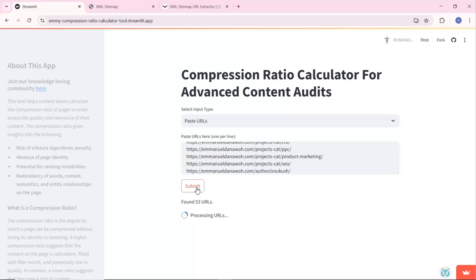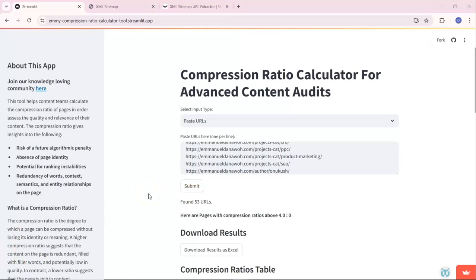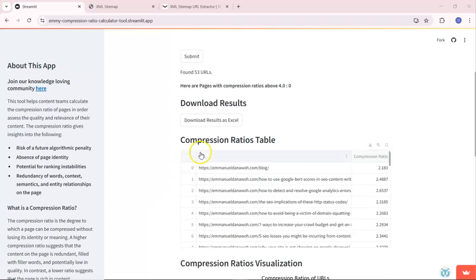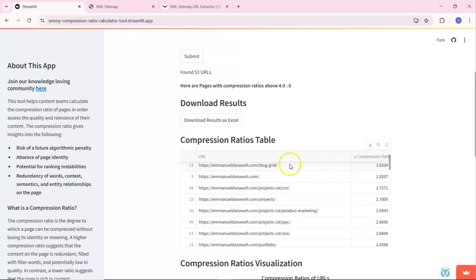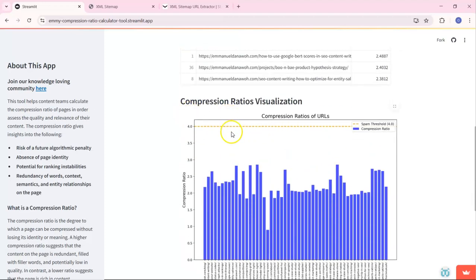It's going to process the URLs and give you a table and a bar chart. So the bar chart will help you to visualize the compression ratio performance of all of the URLs in your sitemap. And as you can see, we have a compression ratios table. It shows all of the URLs evaluated and their compression ratio metric. And then we are able to visualize it in a bar chart here. This dotted line represents the spam threshold. It shows us that no URL in the sitemap of this website was at or above the spam threshold,